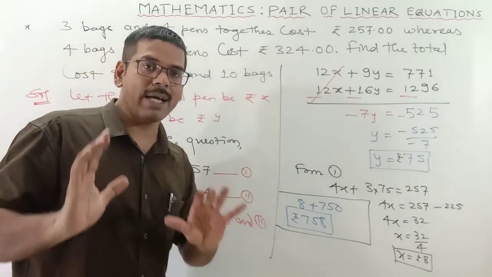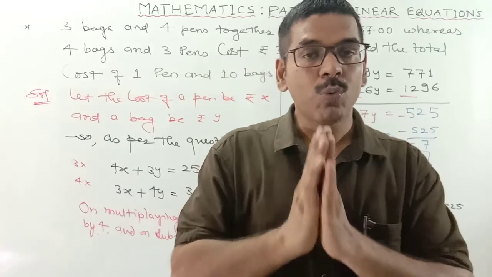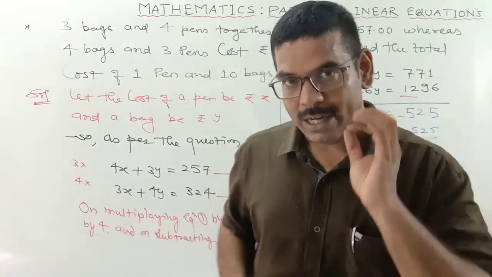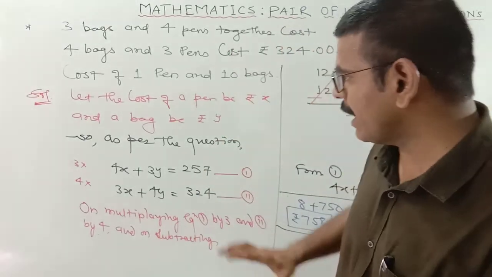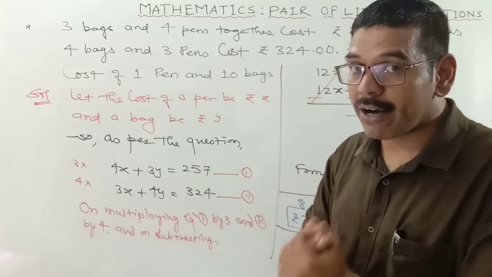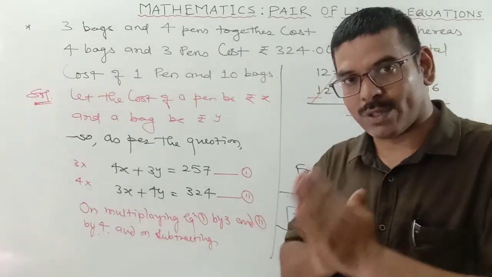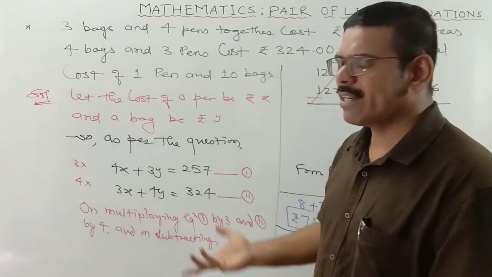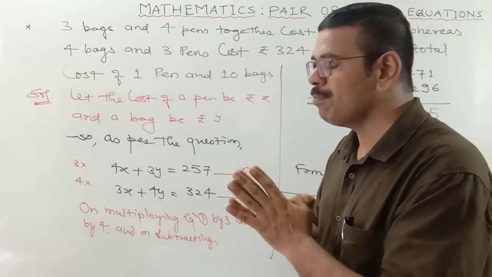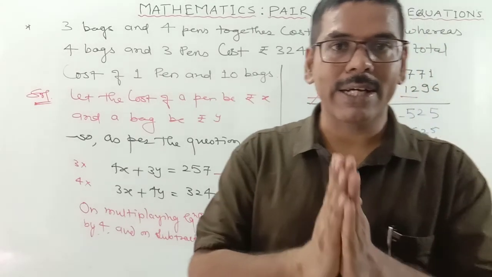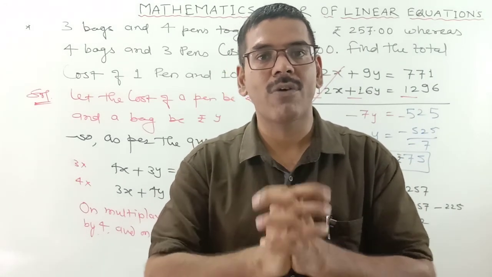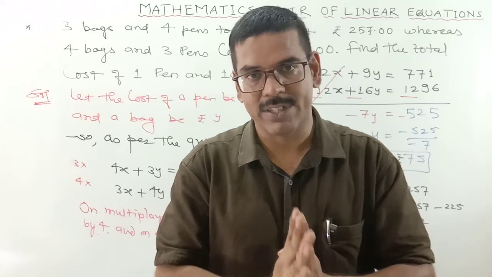So what I am saying is we need to finish the formulation work very fast. Well begun is half done. Is it clear? If you do that formulation work, then you receive half of the marks of the question. And after that, definitely the question will become very easy for you. So I hope you understood all the kinds of word problems. Okay, that is all in the chapter of pair of linear equations.